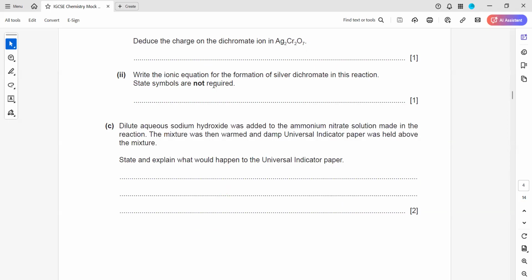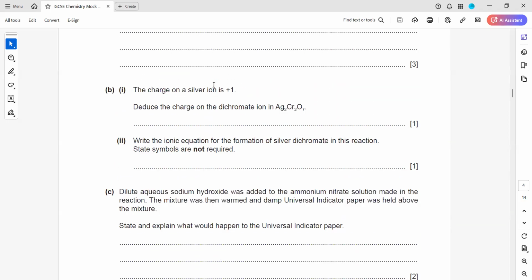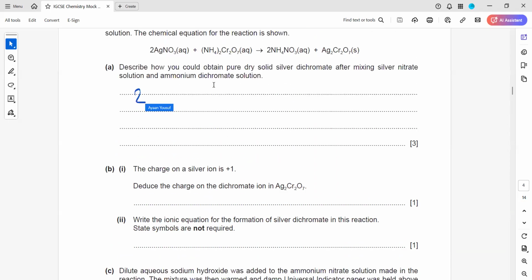Write an ionic equation for formation of a silver dichromate in this reaction. State symbols are not required. So whenever you need an ionic equation, what you will do, first thing you identify,